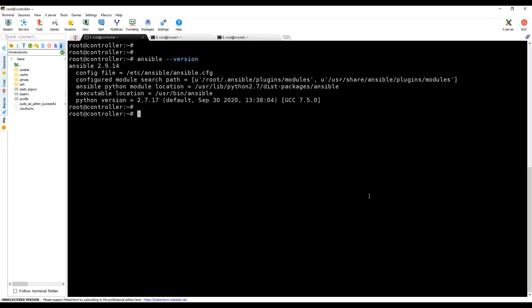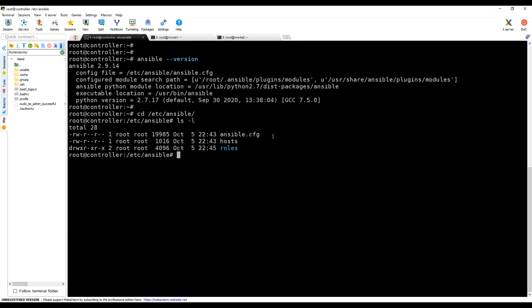Once that is done, let's go to the default folder called /etc/ansible. This is not an installation folder, but the configuration folder of your Ansible. Whenever you install it, it comes with a default config called the ansible.cfg file, in which you will see the default configurations of your Ansible tool. Along with that, there is also one file called hosts. We call it the inventory file, team, the default inventory file, with which you will be able to put